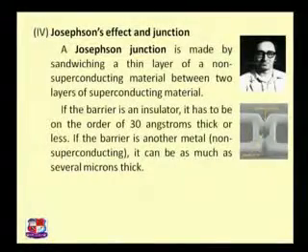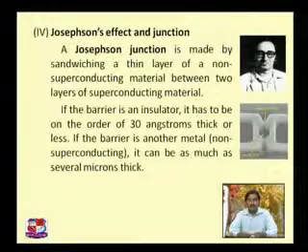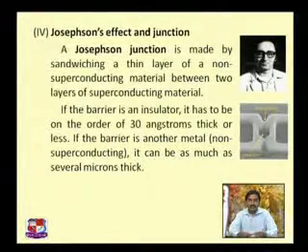Okay, the next application is the Josephson effect and junction, and from that we are going to get applications. But first of all, let's see what a Josephson junction is. A Josephson junction is a setup where we have 2 superconductors and 1 insulating material. As you have already studied the transistor, we had p-type and n-type semiconductors, and we put them in a PNP or NPN arrangement. Two same kind of semiconductors we took, and we put another kind of semiconductor in between.